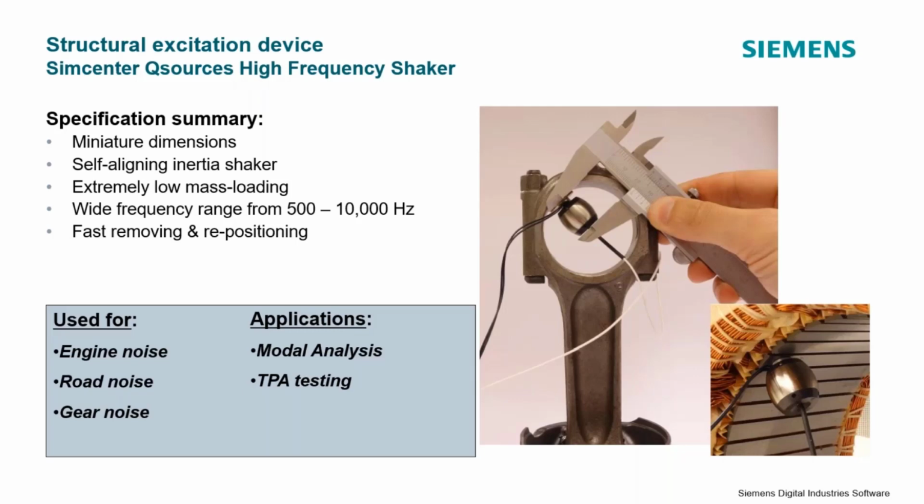You could have 10 different excitation locations across your structure, set all of those up and essentially move the inertial mass portion from setup to setup to setup, and very, very quickly get your entire structure characterized with this high frequency shaker. Again, places where a mechanical structural exciter has not been applicable, this guy can fit places never before possible, as well as get you a frequency range that is kind of unheard of. Again, with the easy setup with TestLab, you can get hundreds of averages and really increase the coherency of your data.